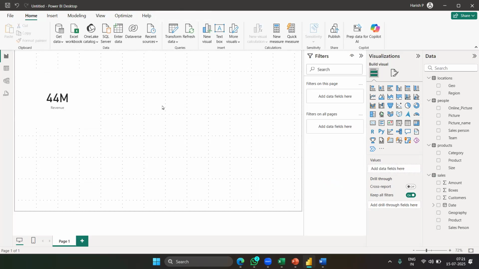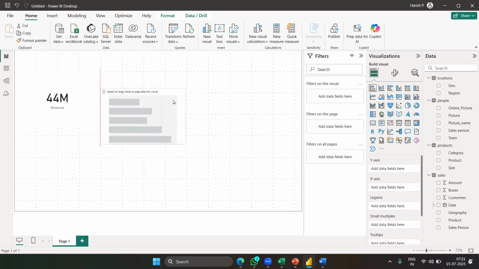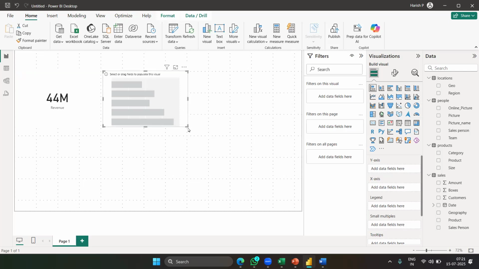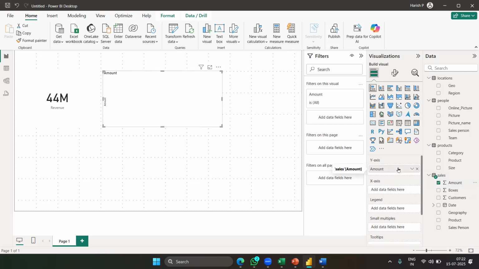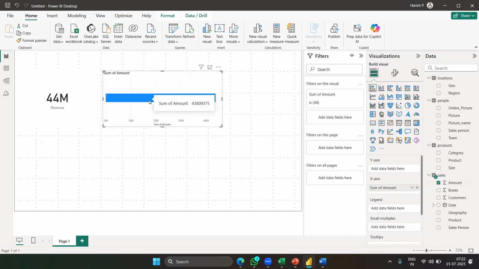Now, if we want to know how this revenue is distributed, from which products we got this revenue, then we can use a bar chart, stacked column chart, and all those things. Another thing is Power BI is a combination of art and science. Getting the data into Power BI is the science, and how we present it is the art. On the x-axis, we have the total. This 44 million means approximately 43.8 million. Now, if I want to get the distribution of it by product,